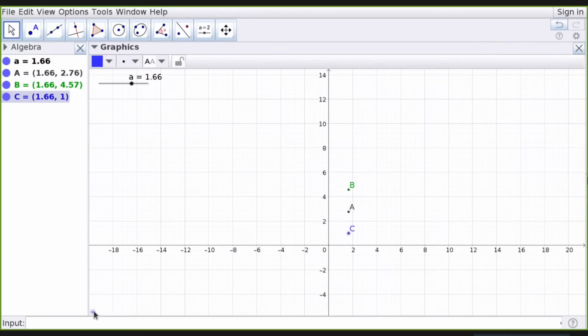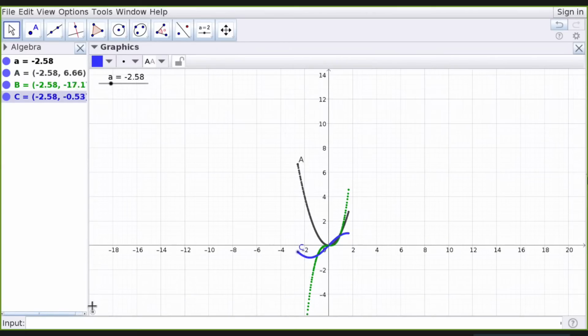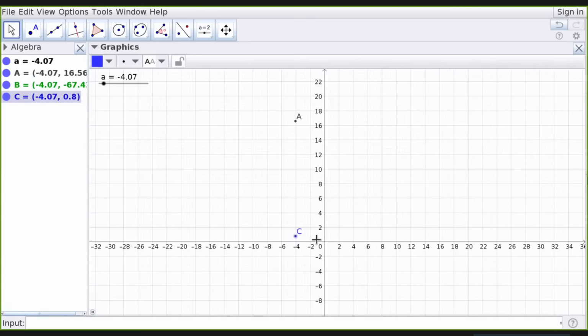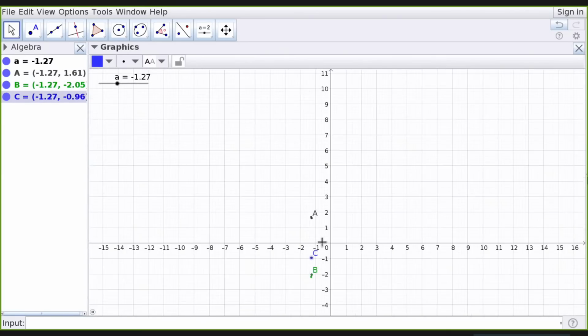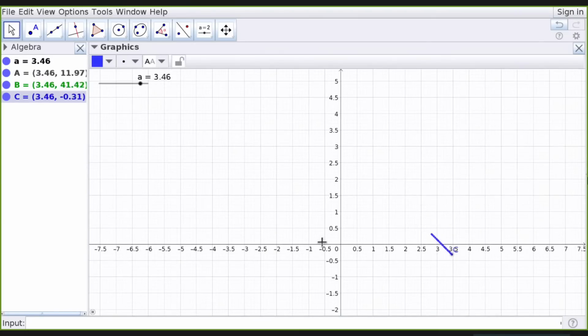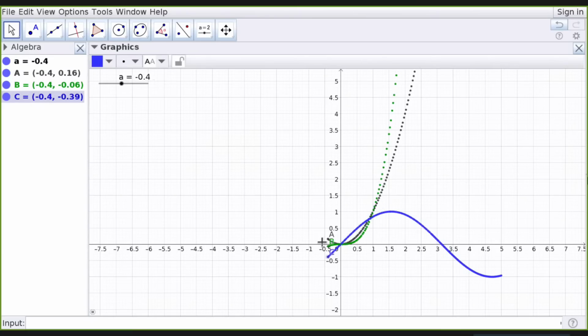Now I will give animation. You can see how the blue curve is moving. Since we have delimited our a value to 5, it is stopping at that place.